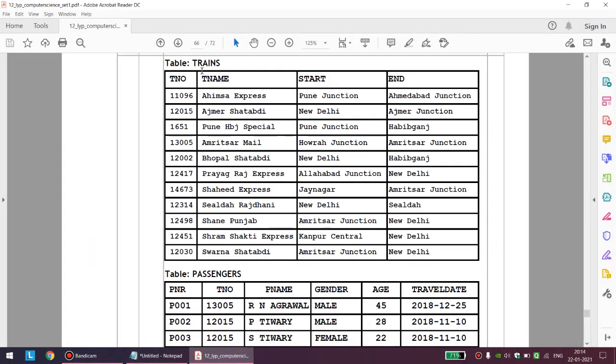So I have an example for you. This is an example of a table. Do not be worried, we will learn slowly how to create this table programmatically. But I hope everyone is clear that, please see my mouse cursor, these are columns and these are rows. Now if I ask you a very quick question, students, in this table Trains, how many columns are there? You will quickly tell me, sir, there are 4 columns. In this table Trains, how many rows are there? 1, 2, 3, 4, 5, 6, 7, 8, 9, 10, 11 rows are there.